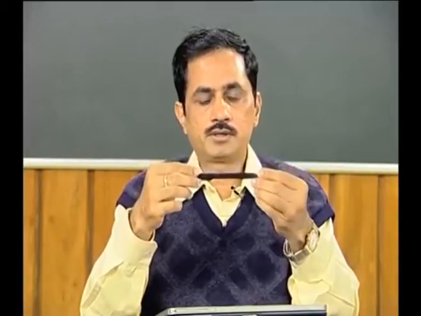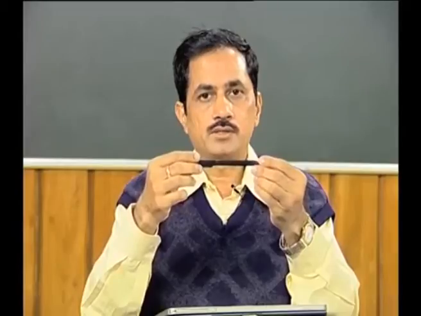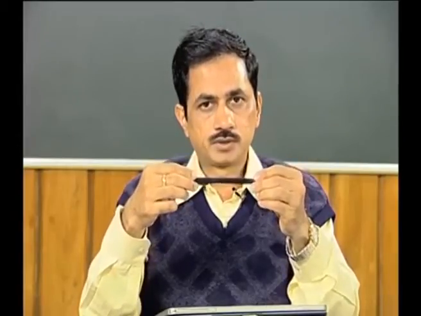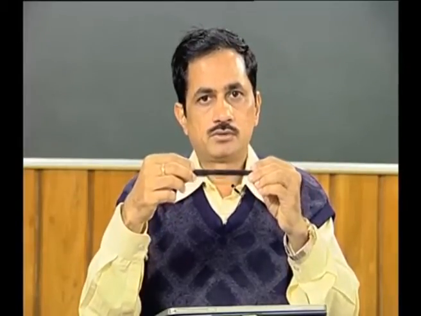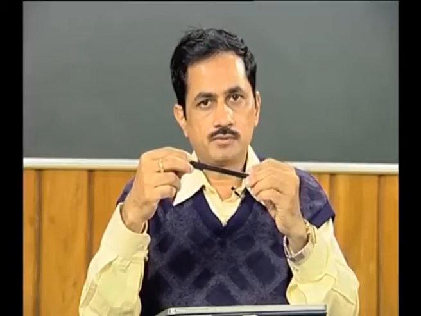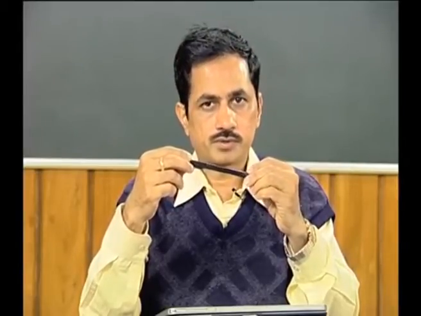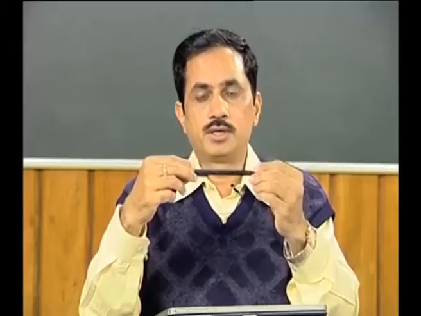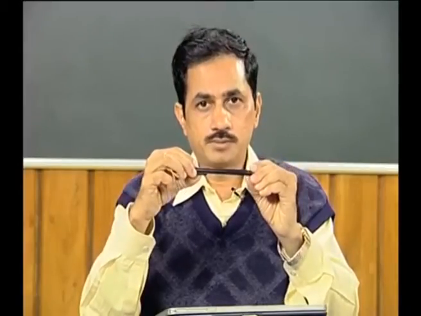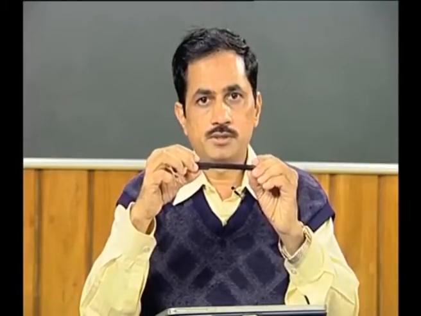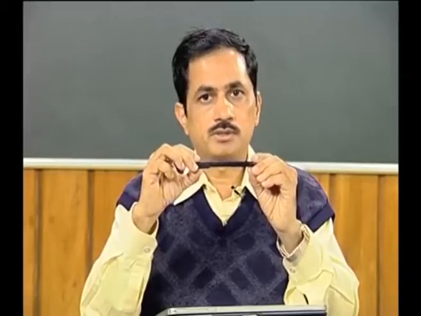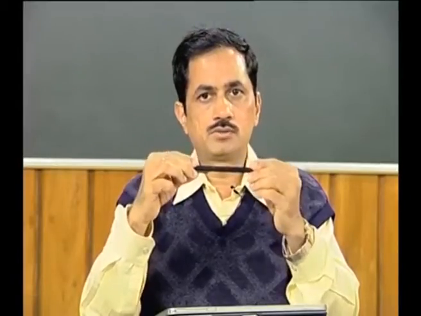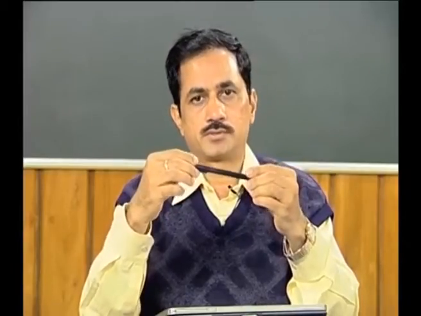I am again repeating, first is when we consider the bearing as flexible and the shaft as rigid. Because of the bearing displacement, what is the displacement of the disc? Then next step, bearing is rigid and shaft is flexible. What is the displacement of the disc because of the shaft flexibility? These two displacements will add up to give the total displacement of the disc.